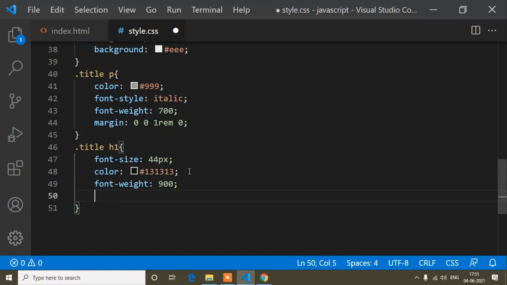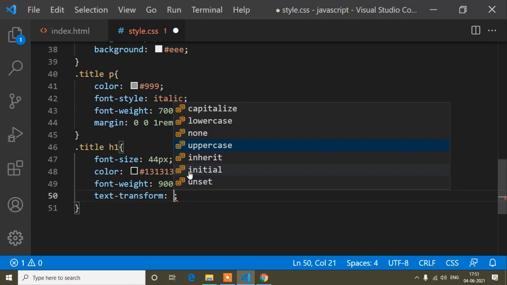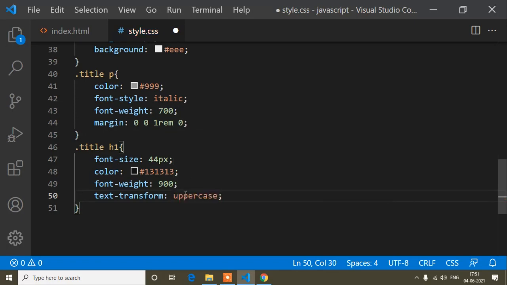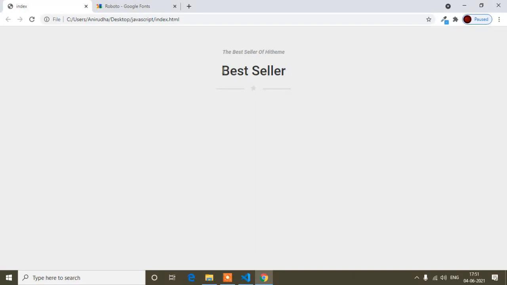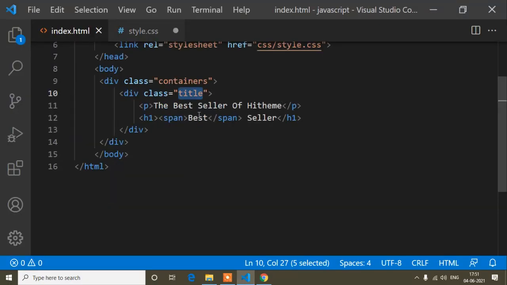And the text transform. Here I will explain the text transform. What is text transform? You can see I have written uppercase. Now you can see in the text, the first letter is capital and the rest is smaller, and here too the first letter is capital and the rest is smaller, because I wrote it this way in the HTML tag. You can see the first letter is capital, and after that smaller, and here is the same.